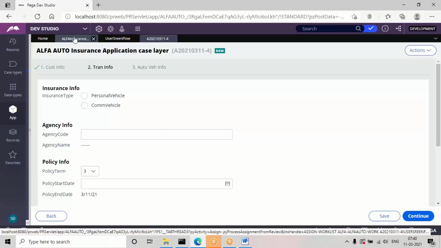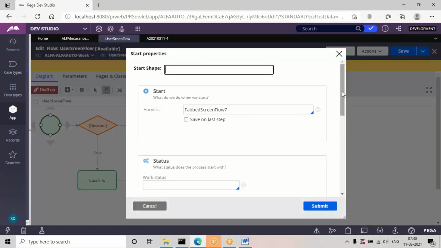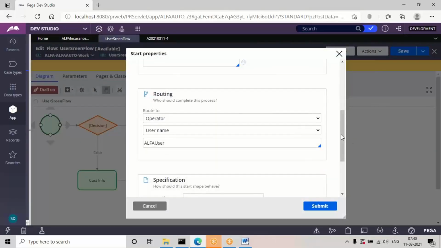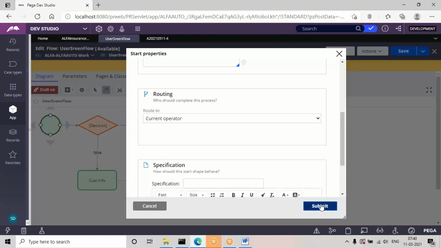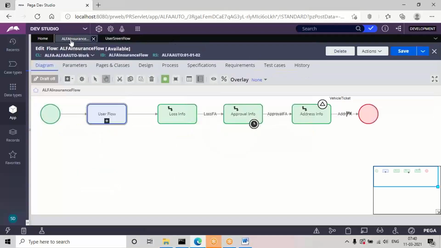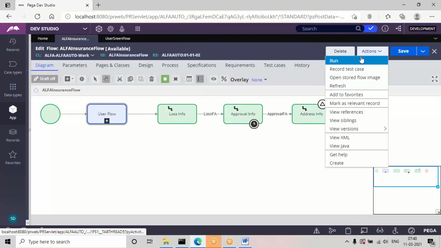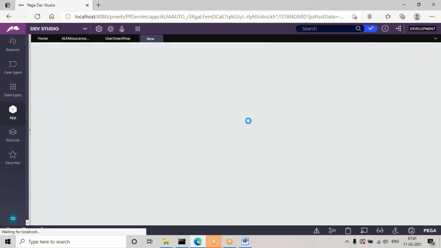Okay, so if you have already verified the routing option, remove the routing from the screen flow start shape properties. Once you have verified the routing, just remove the routing which is specified for the start shape. It is only for the personal edition; in real time, if required, you have to keep it. So remove the routing now. I'll show exactly how it is going to look if routing is not there. So once again, run this insurance flow. Now directly it will open the design.